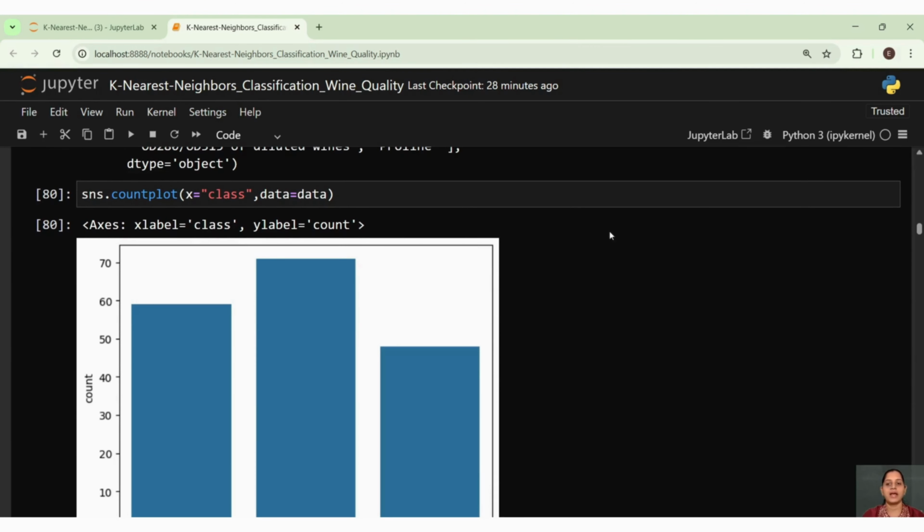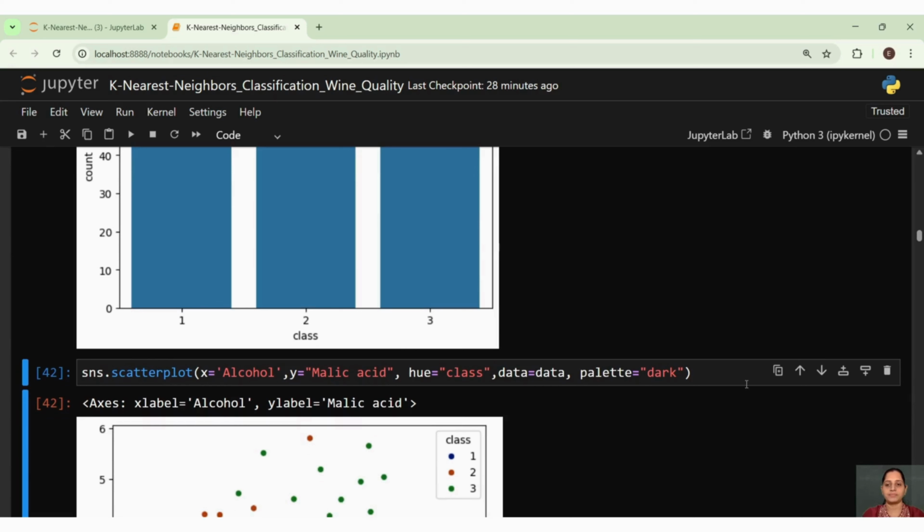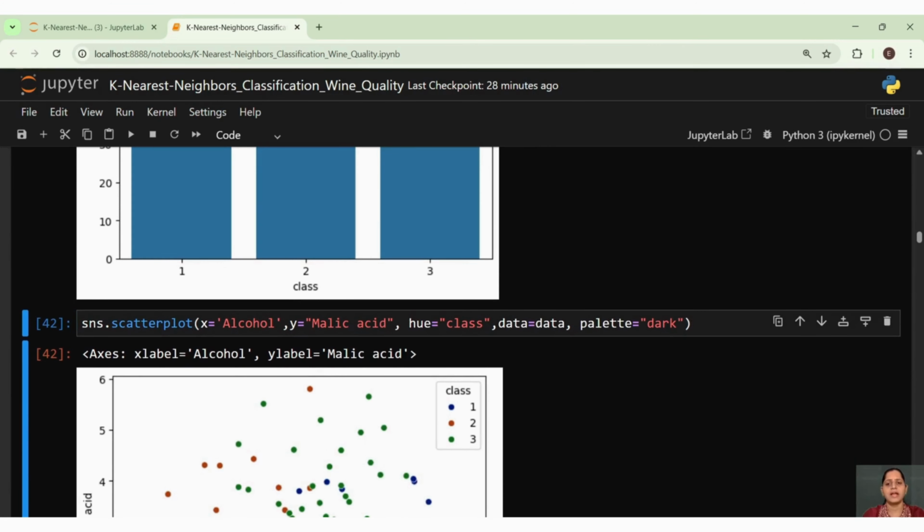The same thing I am defining here in this plot. So you can see I have these many counts. The maximum count of course is present in 2. The next one is 1. Then we have 3. Then I am understanding the scatter plot between different variables,